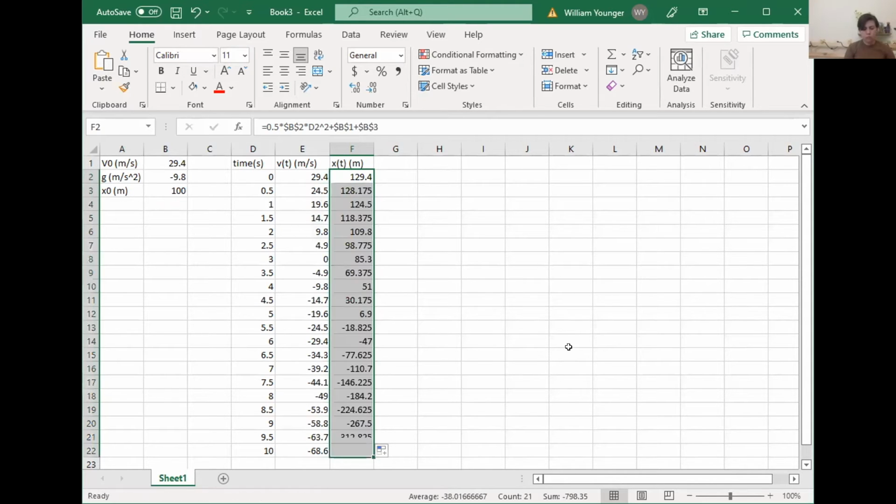So what I'm looking at here is sort of like I had a particle that I'm throwing straight up, but I'm on the edge of a cliff. And my hand, where the ball is released, is at 100 meters above the base of the cliff. So what I'm finding out,